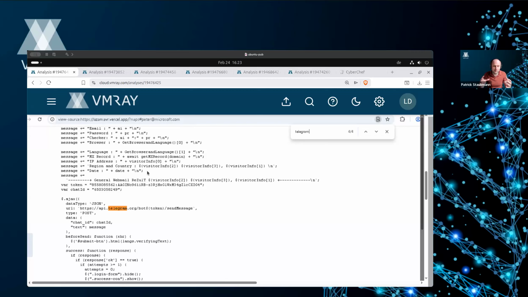They build their whole message together. Then they hard code the Telegram bot token, which is the authentication you need to interact with your bot, and the chat ID. All of that information is later used to forward all the collected data to a Telegram channel. That's a very simple implementation.